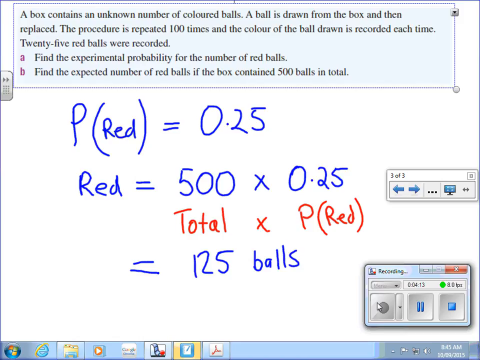Each time we go through, we just check our answers, we make sure that we're doing the setting out and we're using the